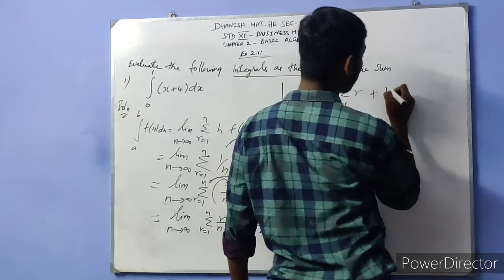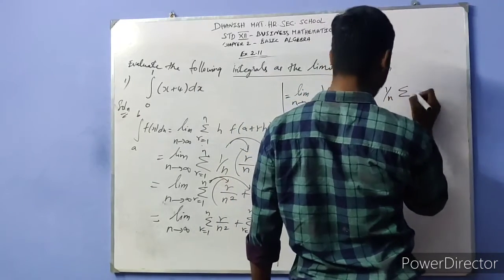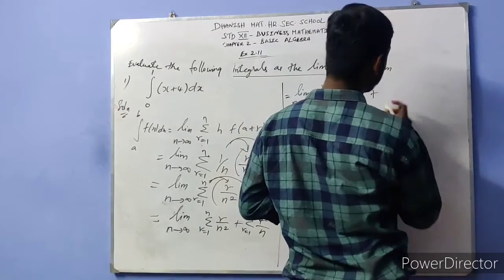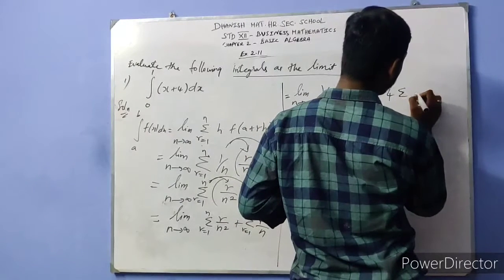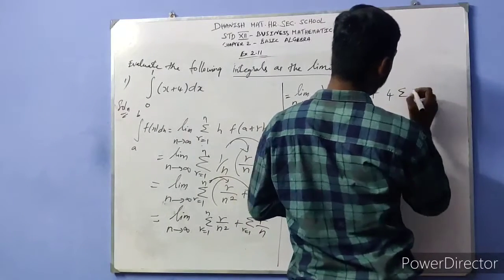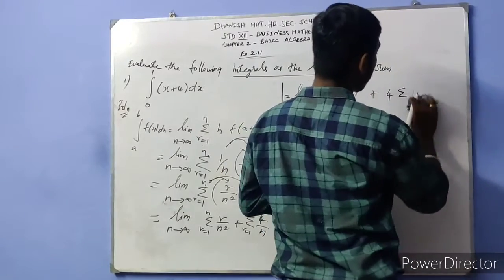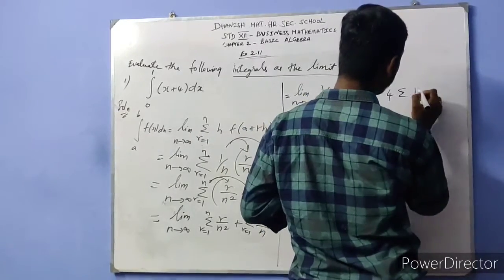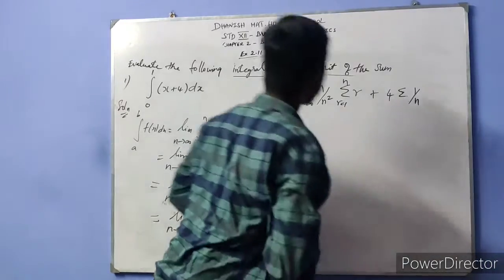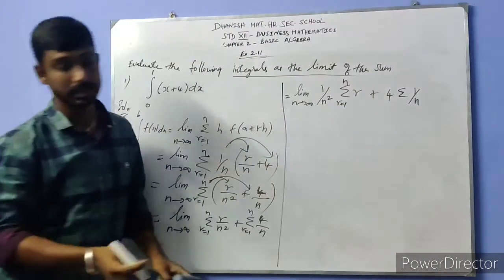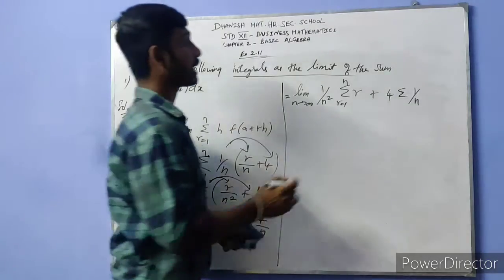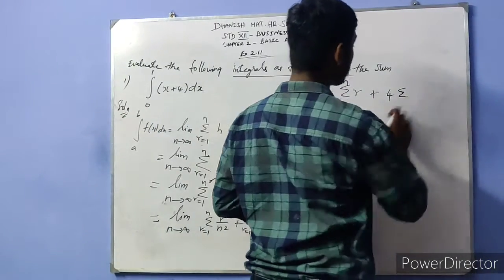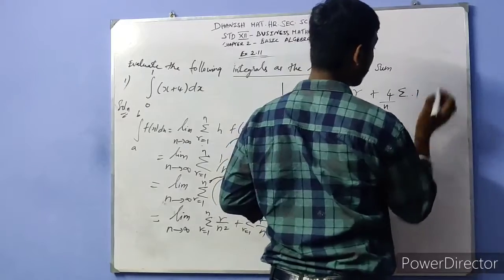What is the remaining values here? 1 by n summation, so here itself we are taking just 4. Here we are having only 1 by n value. What is the remaining value here? That will be 1 by n here. We are going to substitute. What is the formula for summation of r? Here, taking this 4 by n means we are getting just 1 here.